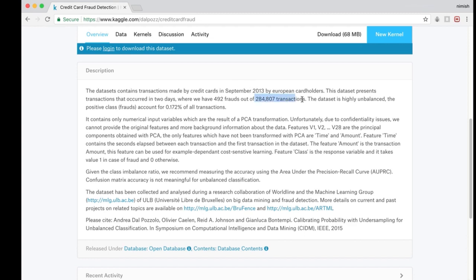So out of all of these transactions, each one of them is going to be transformed into these 28 different figures, which are all going to be different numbers. And these numbers just represent various features of each particular transaction. Now, there was some kind of a PCA transformation function that is put in place to convert each of the features into a numerical value, and unfortunately I can't provide more information about the nature of that function itself,